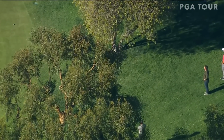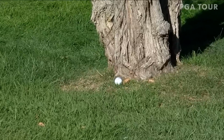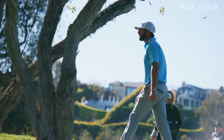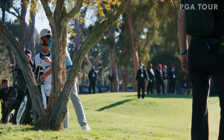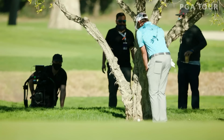Oh, right up against the tree by the looks of things. Absolutely snookered. Oh my goodness. Max Homa's walking down that, and he is not aware at this stage how bad a break that was. Trevor, does he have anything? Well, I think what he can try and do is hood a sand wedge and maybe try and hook it